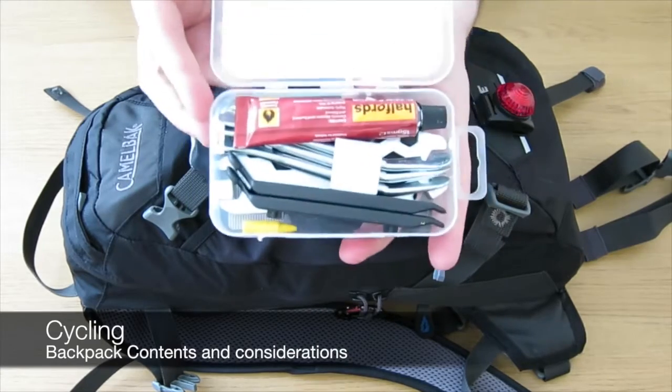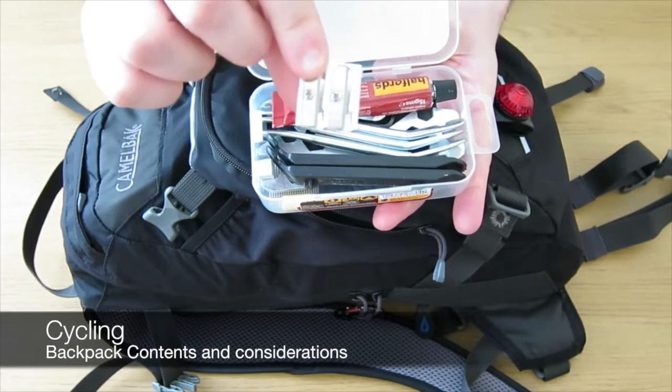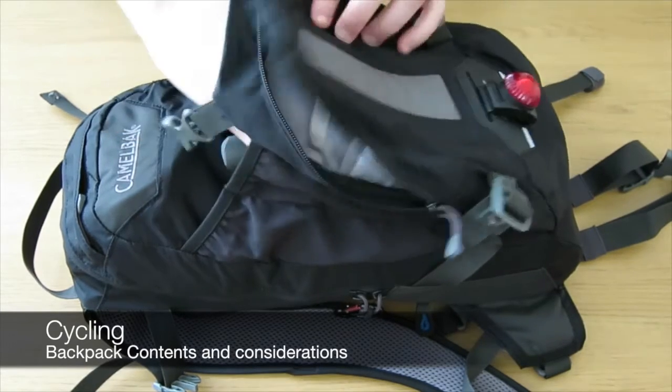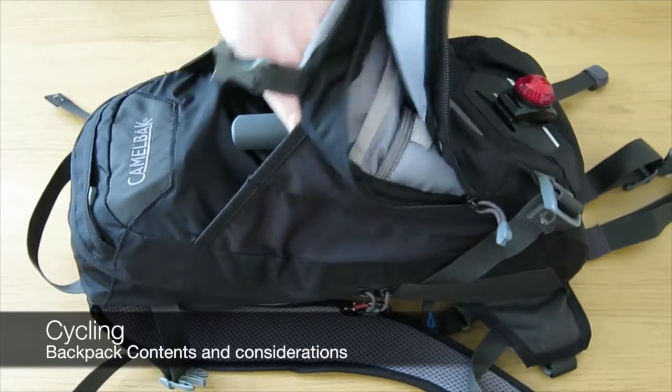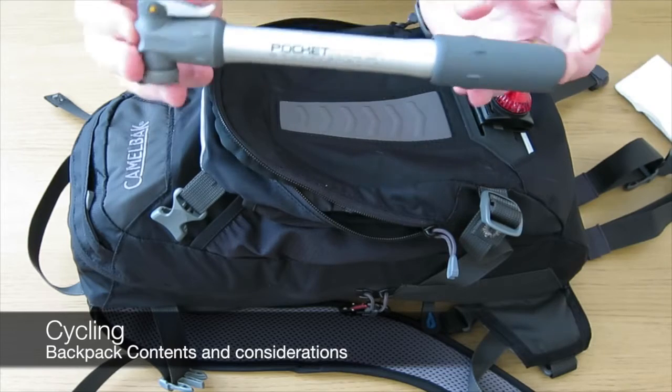It has pretty much everything in there that I would need to repair punctures, but I also have a pencil sharpener for creating kindling if I need to make a fire. In the expandable pouch in here, I have a pocket rocket,